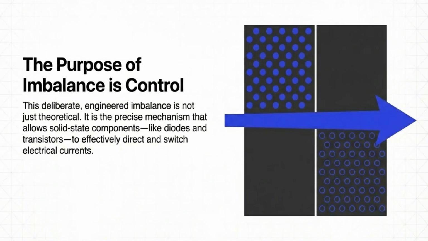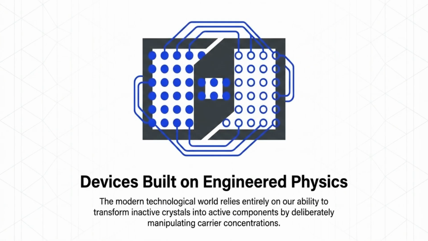The purpose of this engineered imbalance is control. It is the precise mechanism that enables solid-state components, like diodes and transistors, to effectively direct and switch electrical currents. The modern technological world relies entirely on our ability to transform inactive crystals into active components by deliberately manipulating carrier